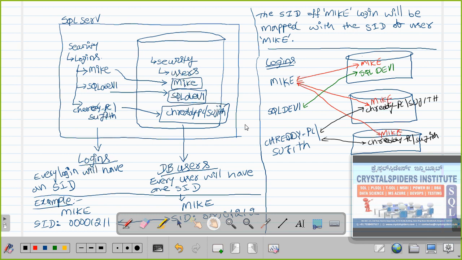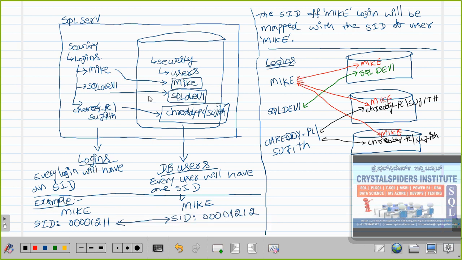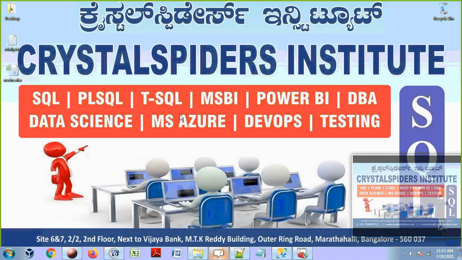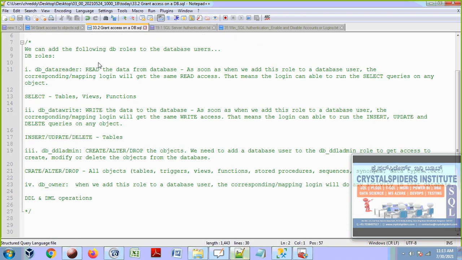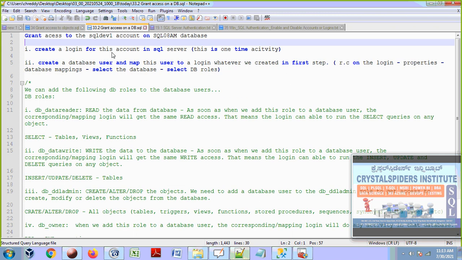In clusters, this is one of the problems, and one of the recommendations is how we can grant access when we set up the databases in the clusters. Okay, guys, so now we have logins and user mappings. Fine. Now, sir, how do we grant access on specific database objects, not on our entire database, only on specific objects? How do we grant access?